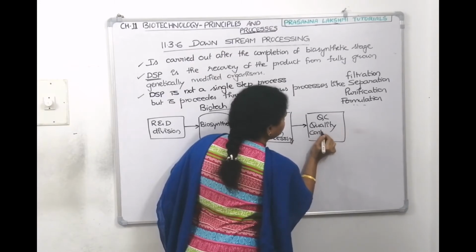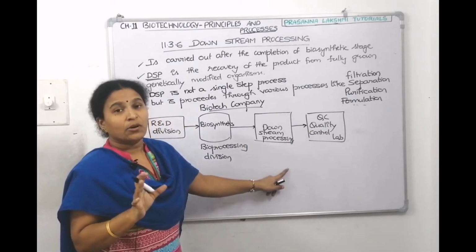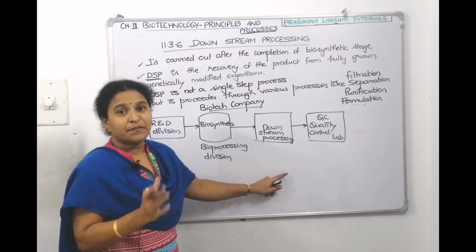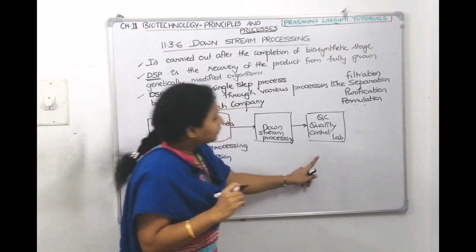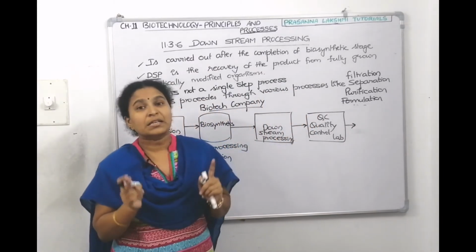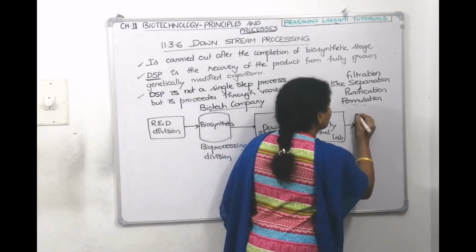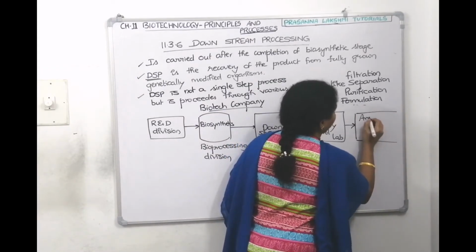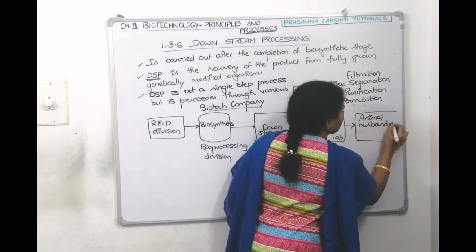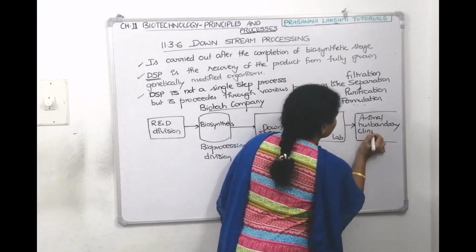Quality Control Lab. They'll pass it to the Quality Control Lab. In the Quality Control Lab, they will check the quality of the product, whether it is safe, whether there are any side effects and all. So that they will check. After the Quality Control Lab has given us the assurance, yeah, it came out well, then it is sent into animal husbandry, where we will do clinical trials